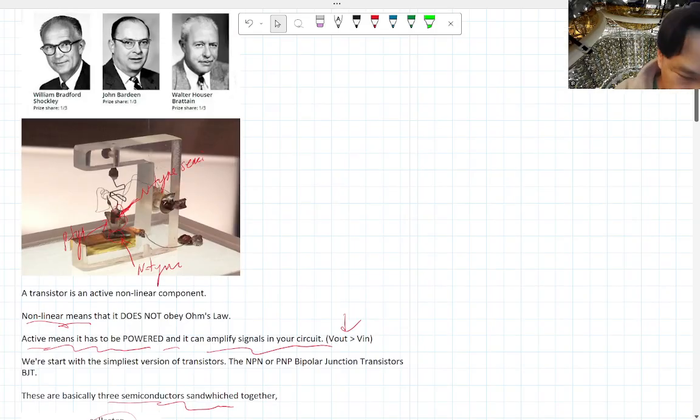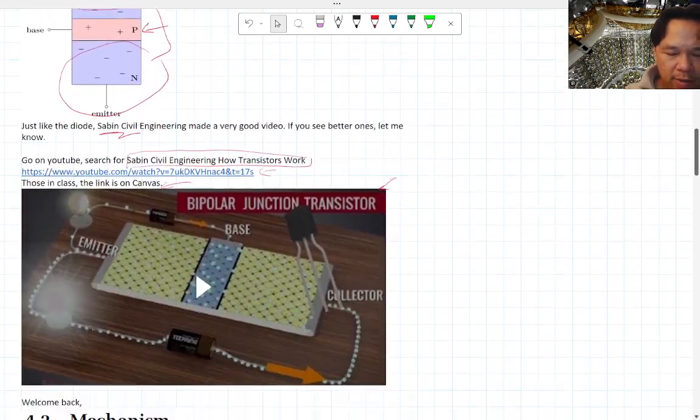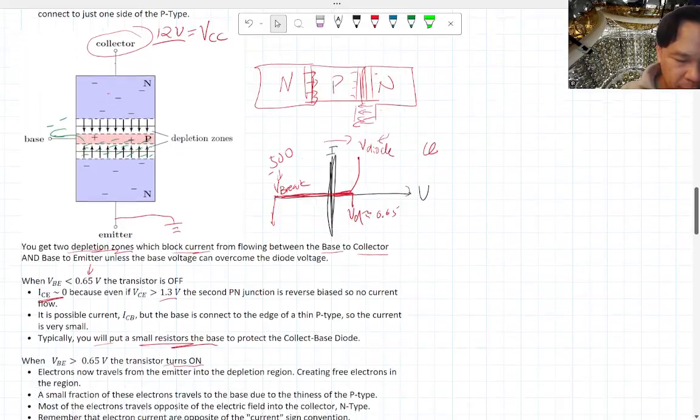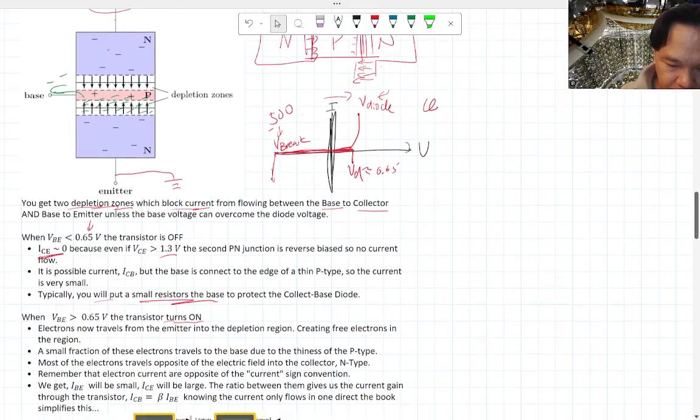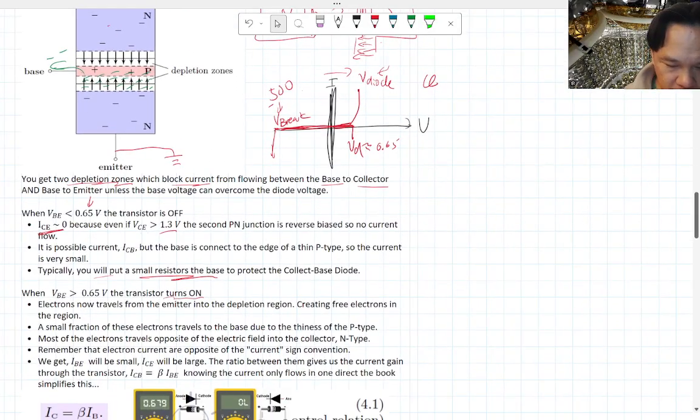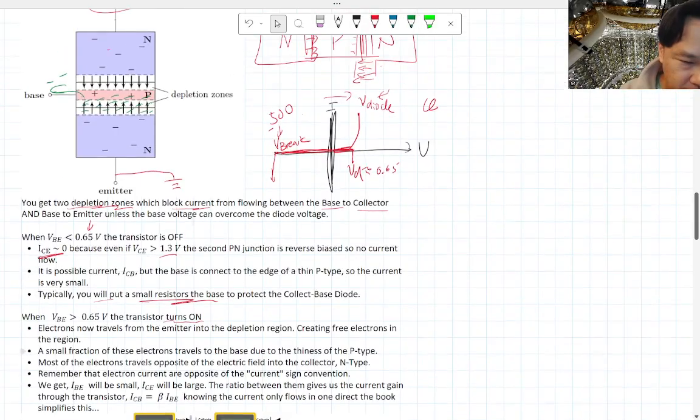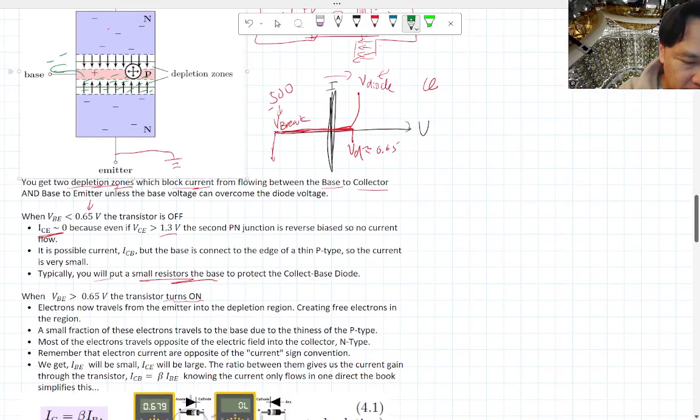So the middle sandwich thing here, this is the little wire that's connected to it. So they made the P-type semiconductor large, but then they connect a tiny wire to it so that only a small amount of current flows that way. So a small amount of electron current flows from the emitter to the base,